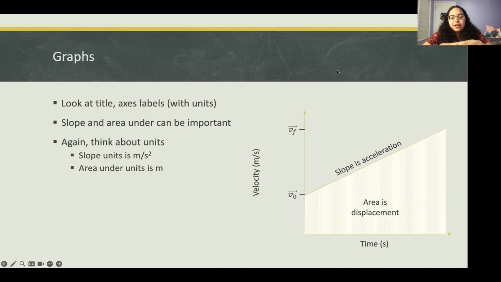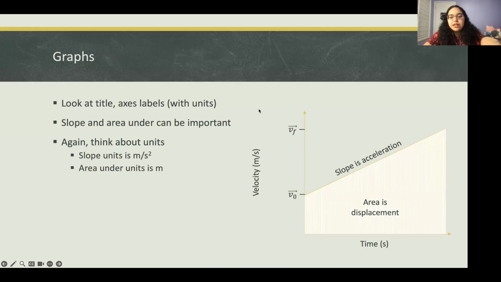What you can actually get from that is that the area under would be multiplying the two axes, right? Like length times width. So if you multiply meters per second times seconds, that gets you meters. And that actually is what the area under a VT graph is. As you guys might know, the area under a VT graph is displacement. And then slope, rise over run, is dividing.